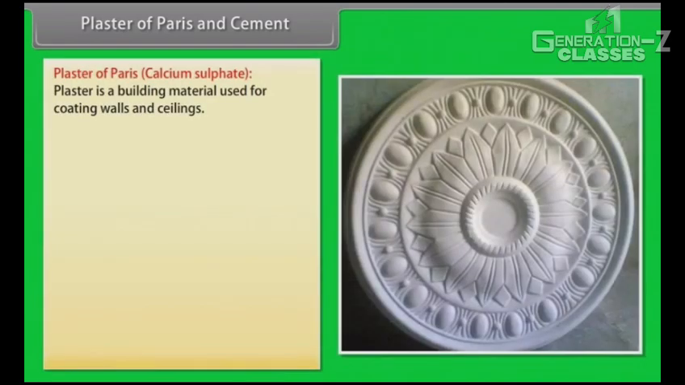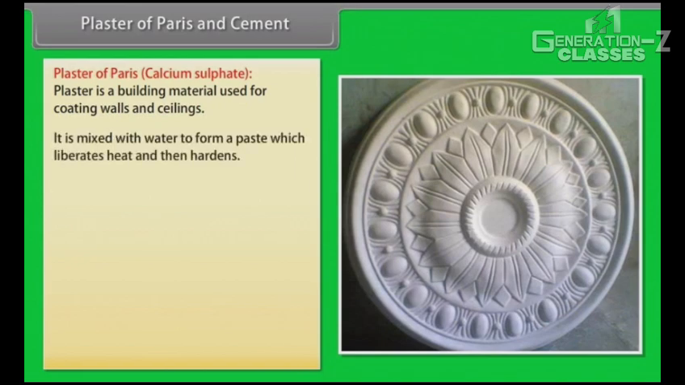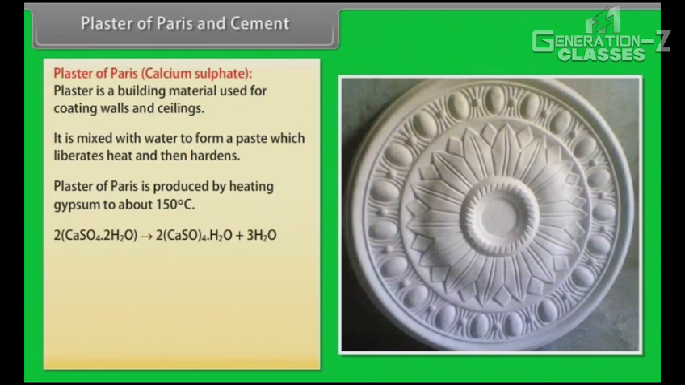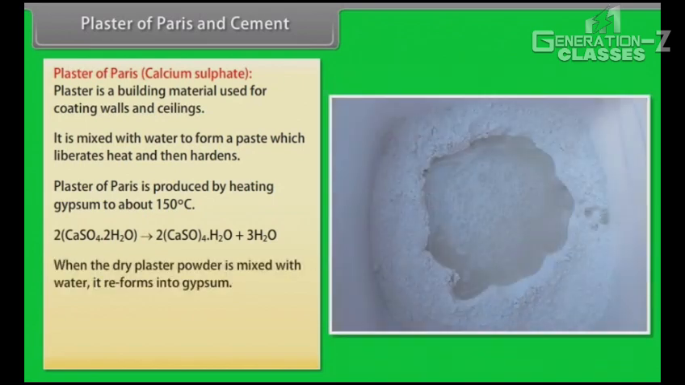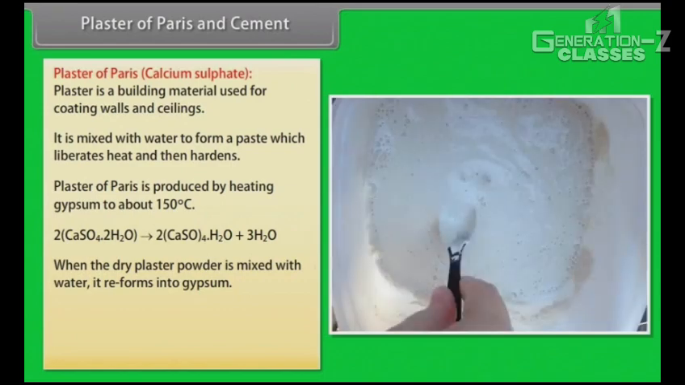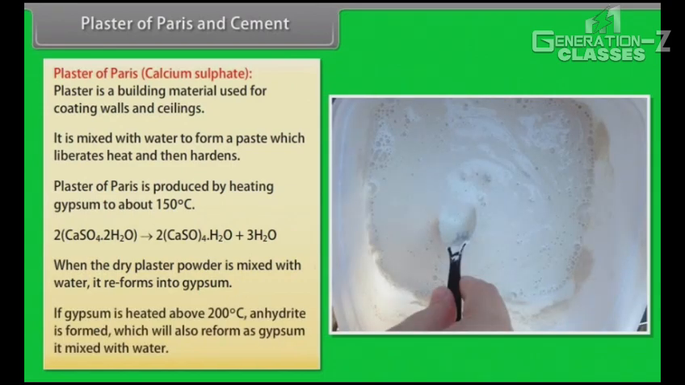Plaster of Paris and cement. Plaster of Paris, calcium sulfate. Plaster is a building material used for coating walls and ceilings. It is mixed with water to form a paste which liberates heat and then hardens. Plaster of Paris is produced by heating gypsum to about 150 degrees Celsius. When the dry plaster powder is mixed with water, it reforms into gypsum. If gypsum is heated above 200 degrees Celsius, anhydrite is formed, which will also reform as gypsum if mixed with